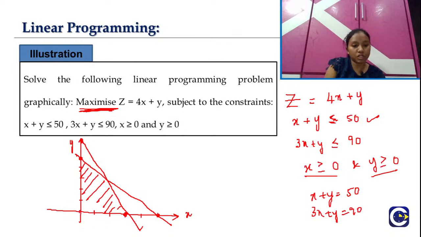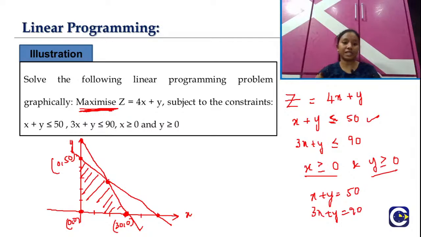Then what are the corner points? This will be one corner point and this will be the other: x is 0, y is 50. And this is the other: x is 30, y will be 0. And this is 0, 0. And the other is this point,